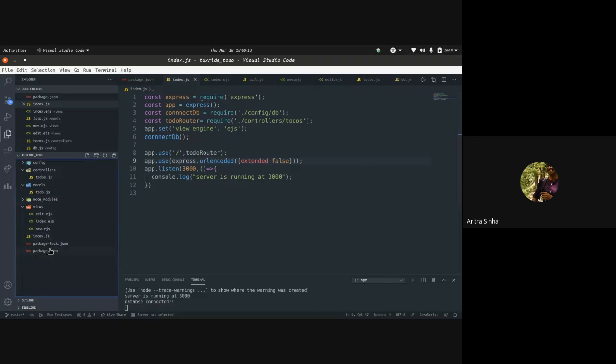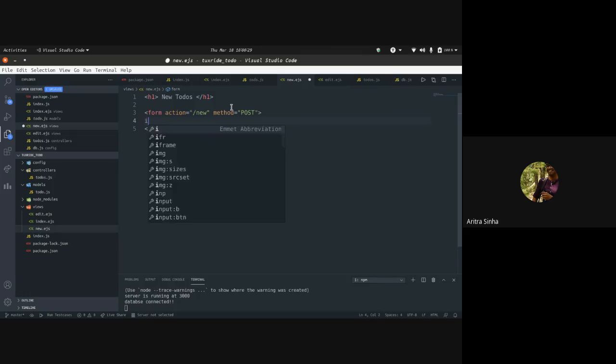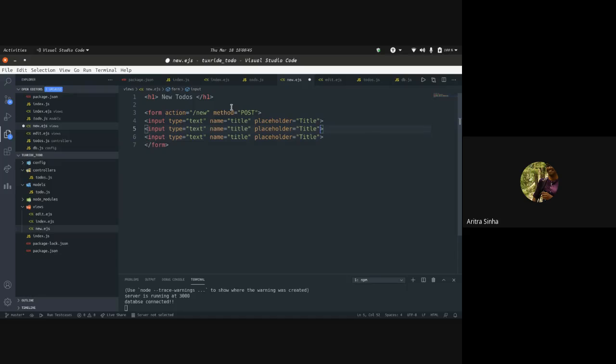So now let's just create a form for this. The form action would be /new, method would be post, and we'll start with the input type equal to text. Name is actually important. Name will be the key value which will be stored. We'll add a placeholder, which will be shown when we don't have anything written in it.